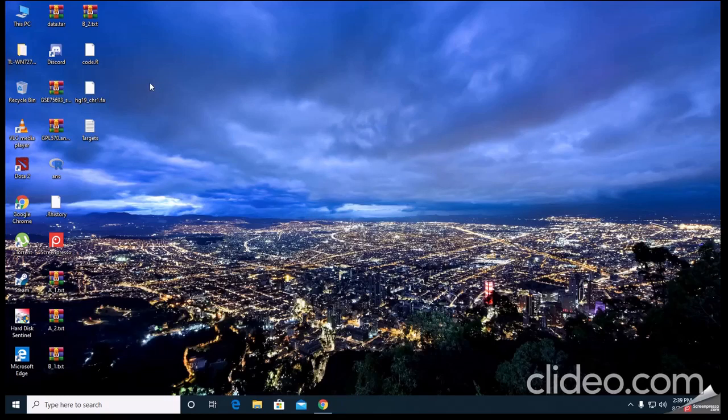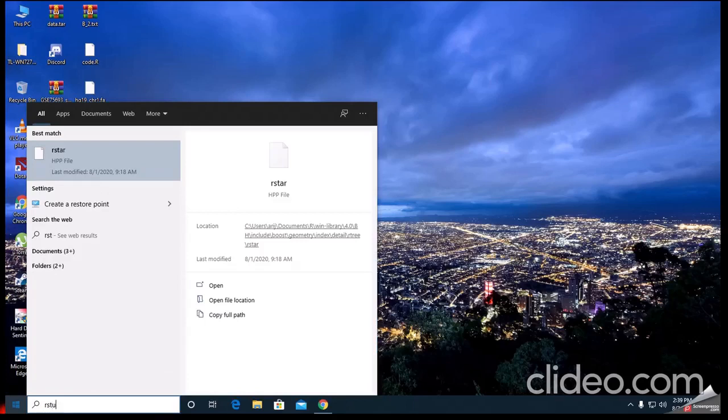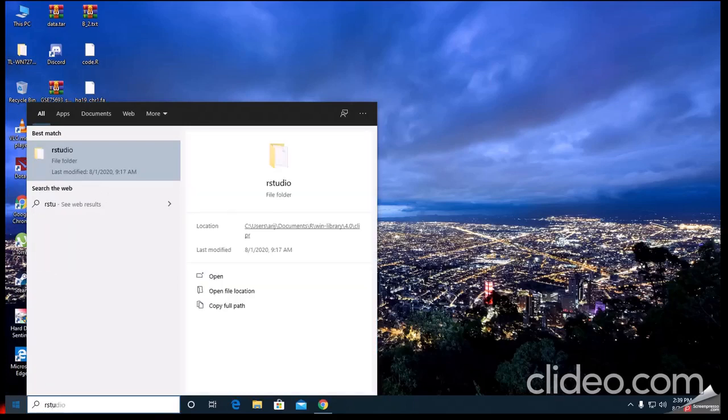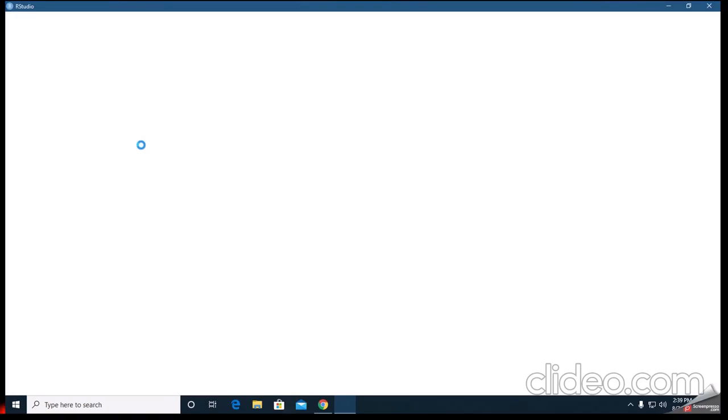Okay, and the packages which we require are RStudio, and in RStudio we require the Rsubread library, Limma and edgeR.